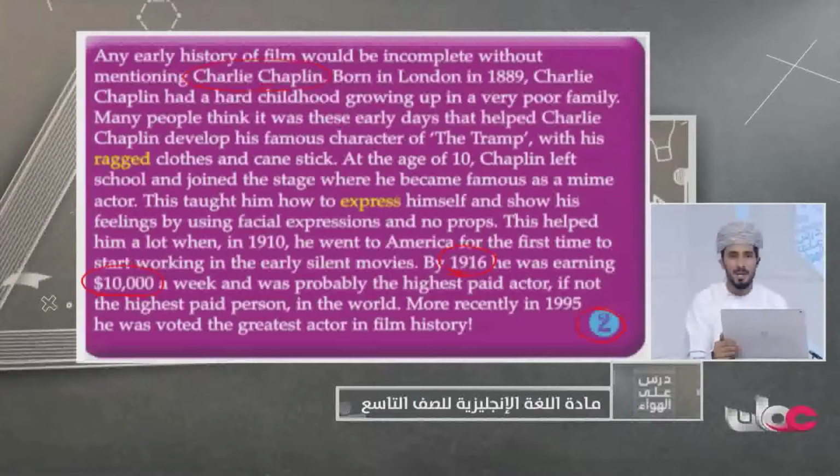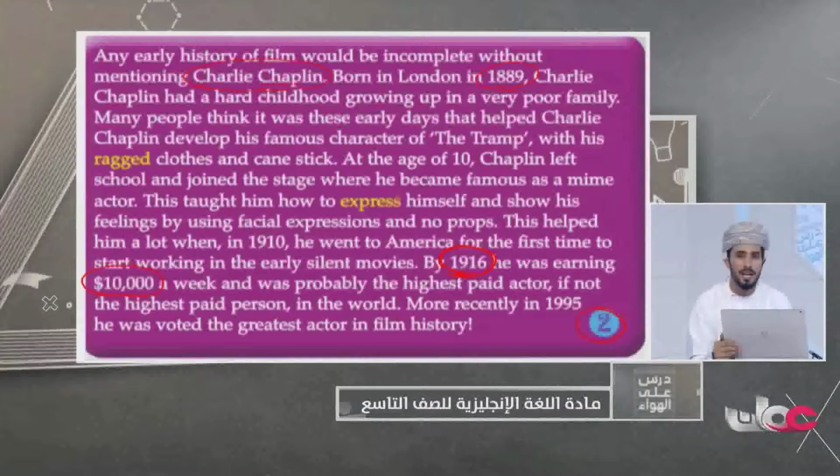So here we need to make a calculation. Okay, we need to make the best use of the calculator. Charlie Chaplin was born in 1889, and he earned the $10,000 in 1916. So what is the difference between these 2 years? He was born in 1889, and after how many years he earned $10,000? He earned $10,000 in 1916. So 1916 minus 1889. So the answer will be, yes, it will be,